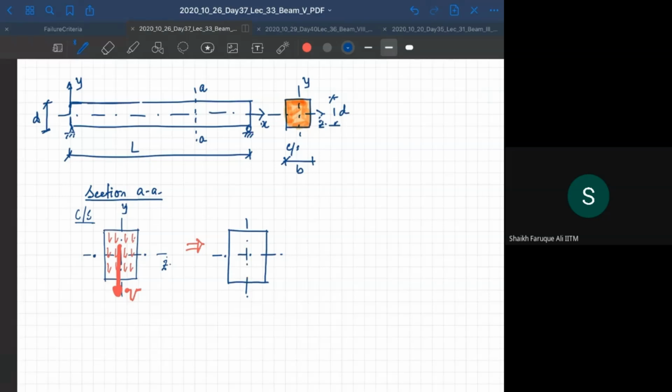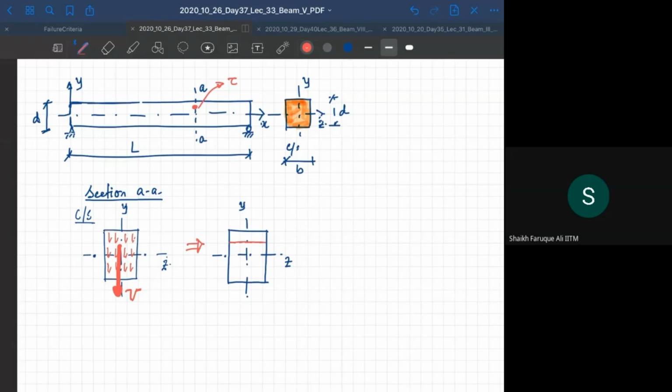I'm drawing this axis. It is not necessary to draw, but I'm drawing it for our sake of understanding. Because if you draw those axes, it becomes a more cluttered picture. So now what we want is to find somewhere here the shear stresses, right? Somewhere here we want to find stresses. What is the tau here? So that may be represented by this line,